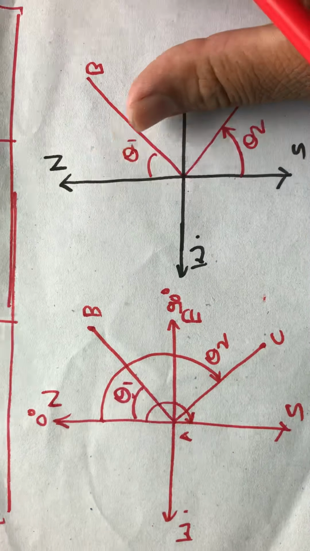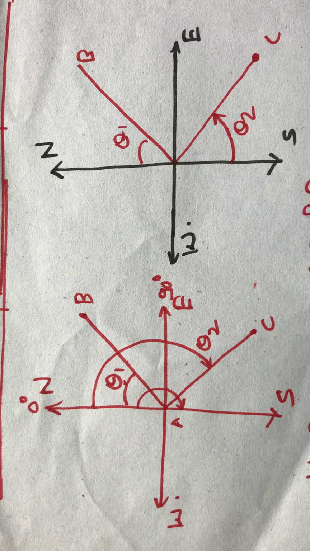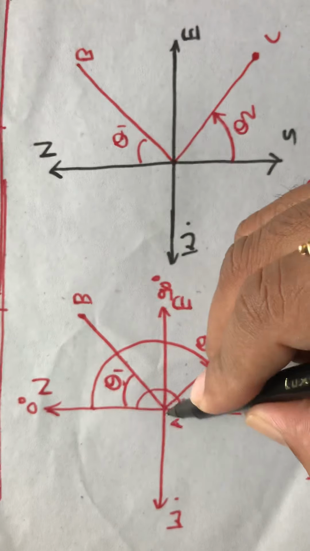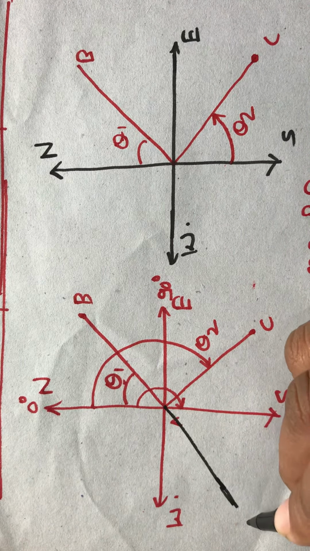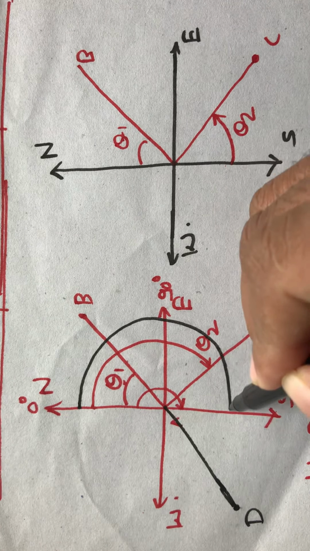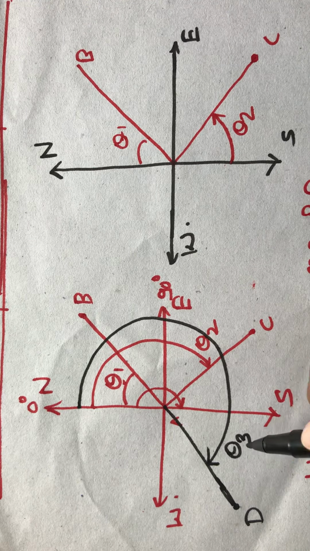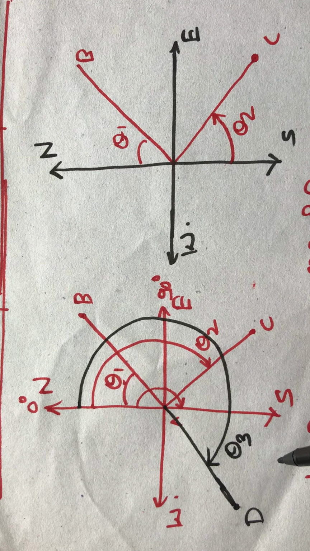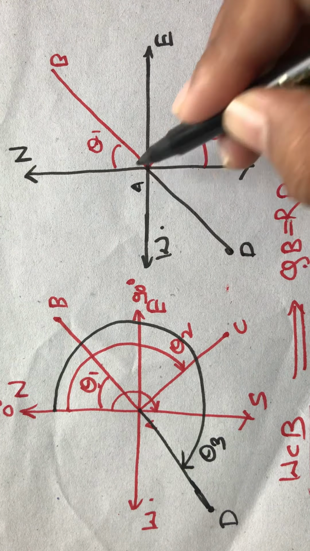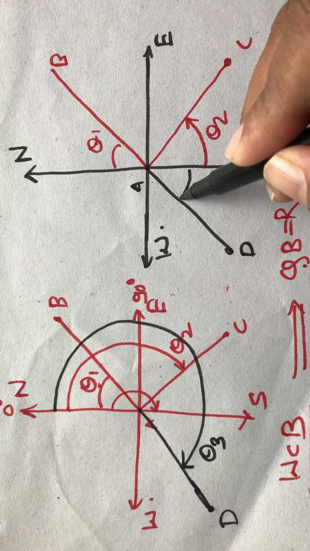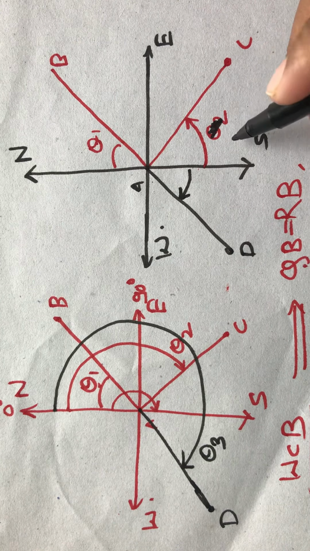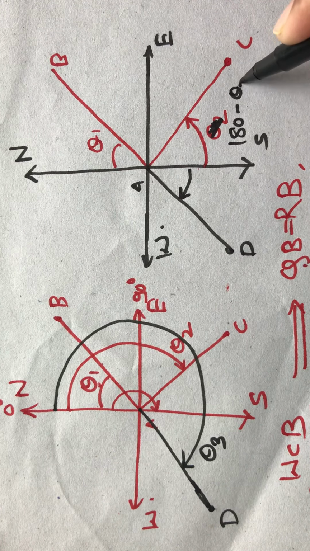Simple. Now again, we have a line called AD. The whole circle bearing is always measured from the north towards the line. So this is theta 3. Correct? But when we are converting to the reduced bearing, this is the line AD. So we are measuring from the south. So here it will be 180 degree minus theta, correct?